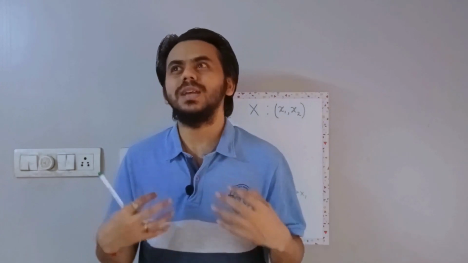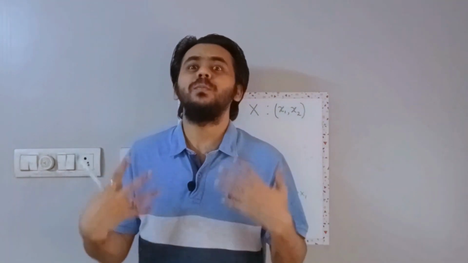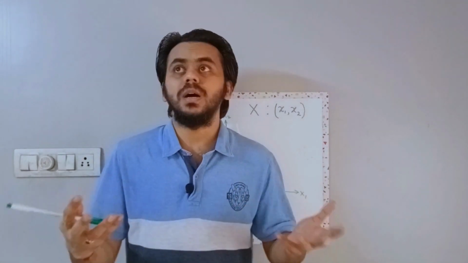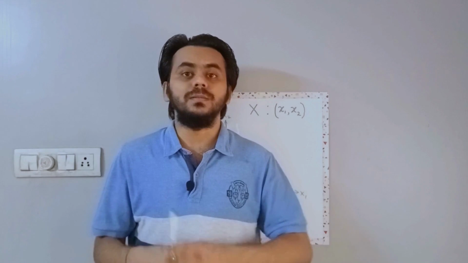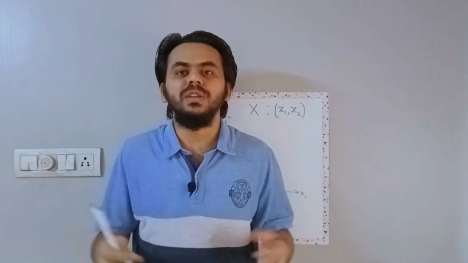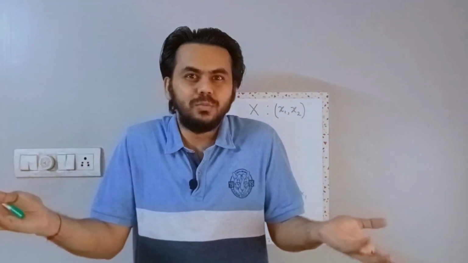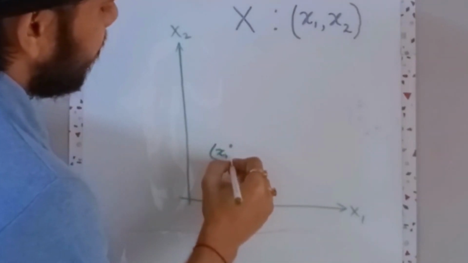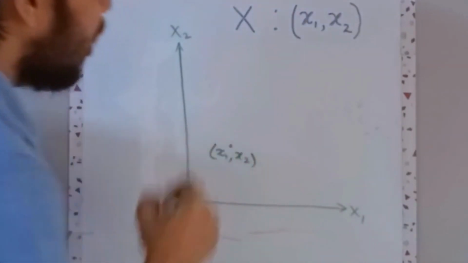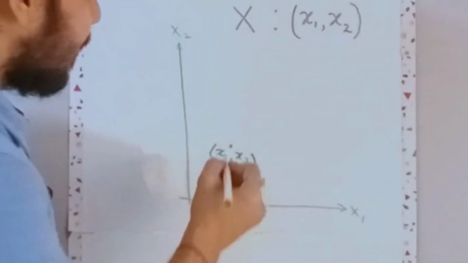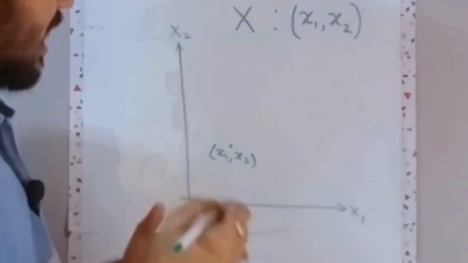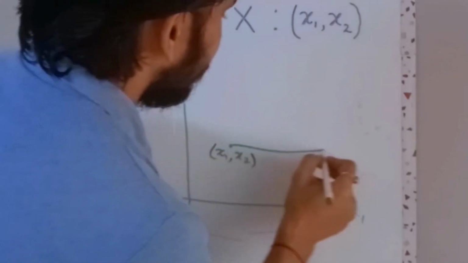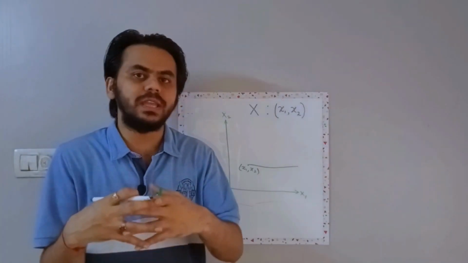Okay, so let's try to understand how we will draw the indifference curves for perfect complements. Now perfect complements could be pen and paper, could be sugar and tea powder, or milk and sugar, or pizza and coke. Whatever you may prefer. So let's say this is a point where you are right now, which is x1 comma x2. Now if I give you more of x1, will I make you better off? No, I will not, because I need some kind of a relationship between x1 and x2, right?